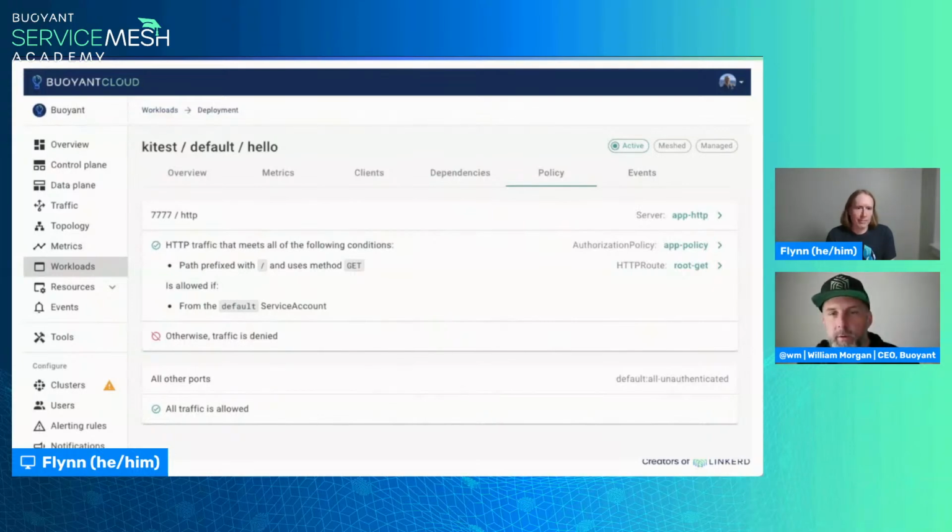So here we're trying to show you, okay, look, the way you've configured this, you have made a policy so that on port 7777, HTTP routes that match all the following conditions will be allowed only if blah, blah, blah. So we're going to do similar stuff for the dynamic request routing. I think life is very easy when you have one HTTP route. When you have like 17 of them and their backend refs are all whatever, life gets complicated. And that's the trade-off that you make with HTTP route.